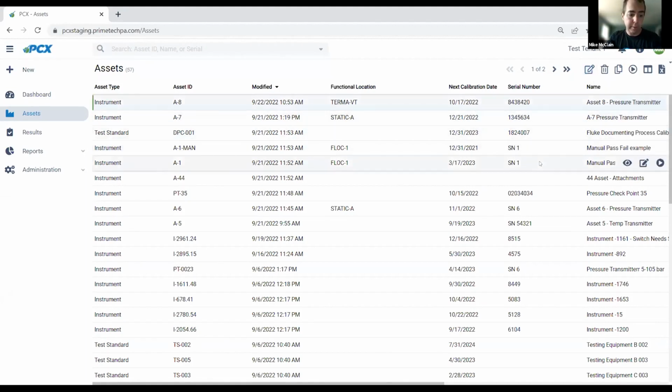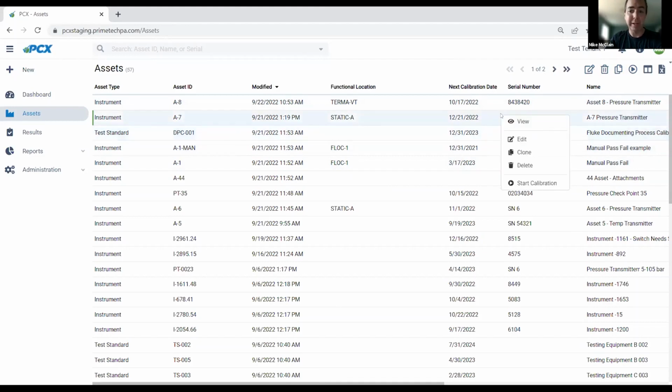If I select one or more instruments, depending upon what I'm trying to do, I can edit that instrument, delete multiple items. I can clone an item in case you have something that's a nice example of what you want to create more of. I can pick an asset and either right from the overlay, I can start a calibration, I can right click and start a calibration, or I can certainly use the toolbar at the top. So it's all kind of simplistic ways of getting to those actions that you really want to do,